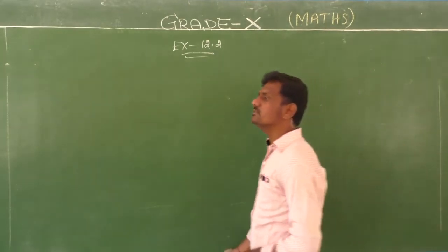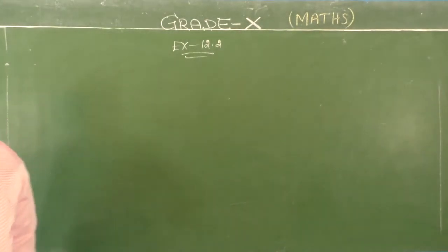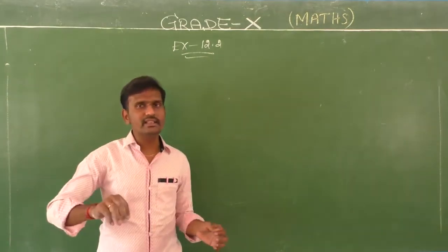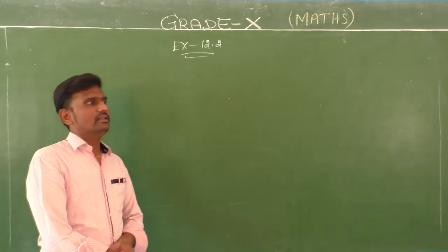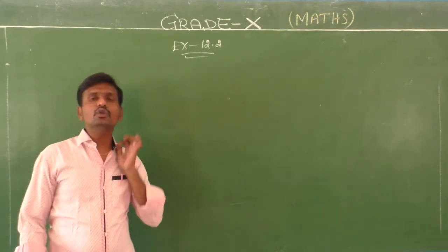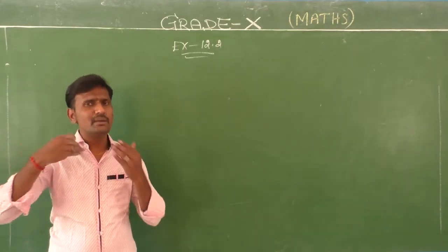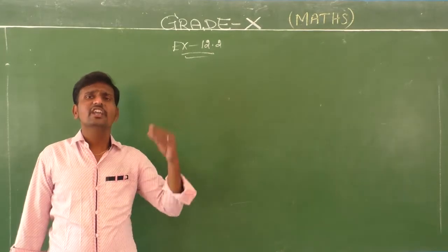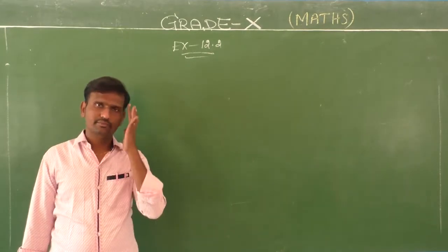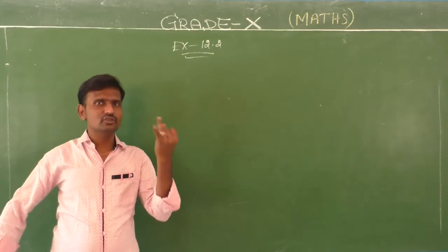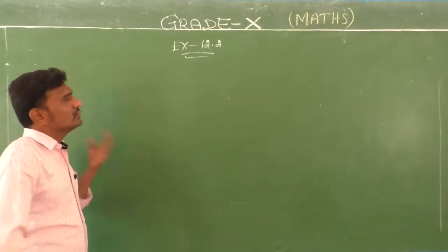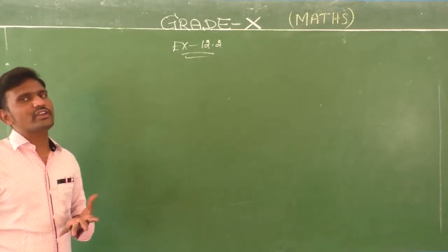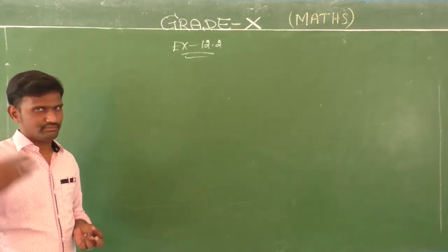And before that, I want to recall the formulas. The first formula, area of the sector, that is theta by 360 into pi r square. The second one is length of arc, that is theta by 360 into 2 pi r. And some of the formulas we are going to revise from your lower class, that is area of the circle, square, rectangle, and that's all. Yes, students. Okay, so for the particular questions, I give you the previous formulas.